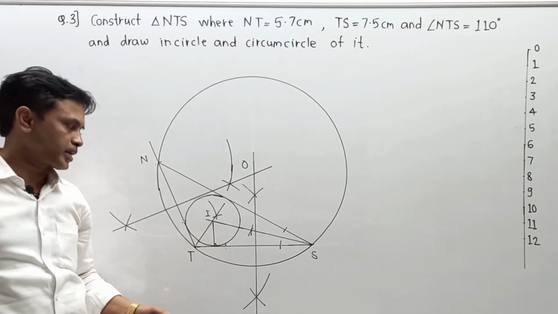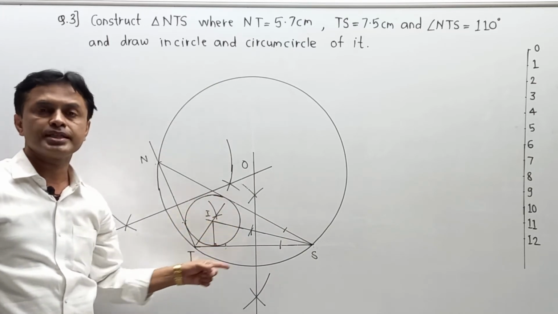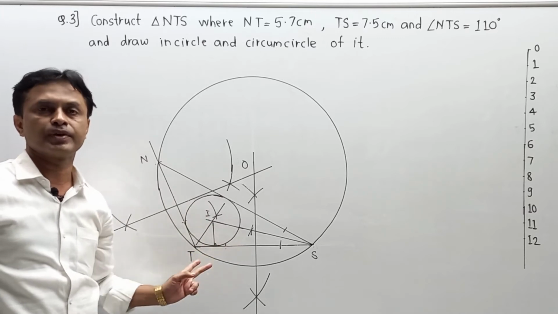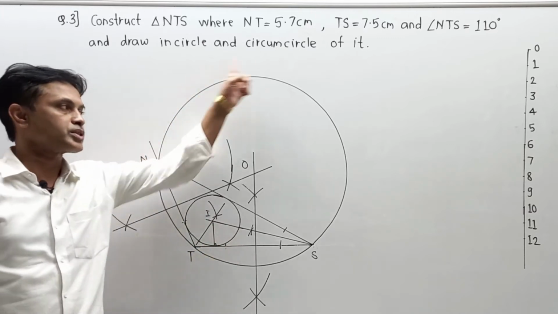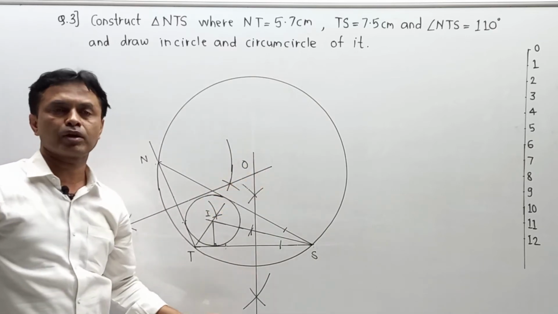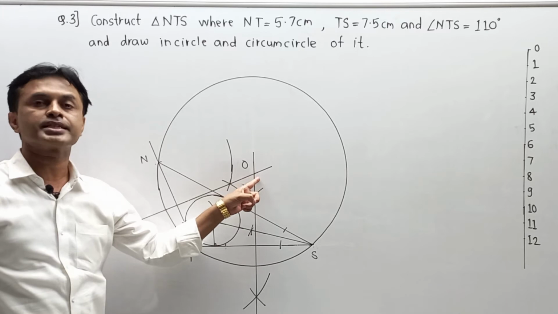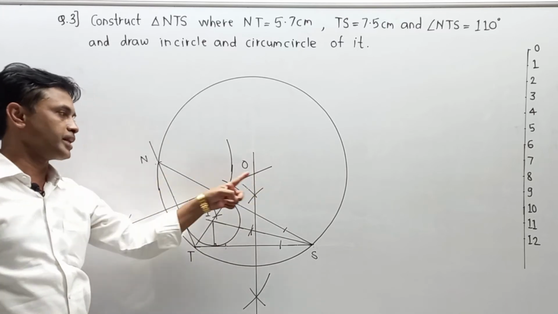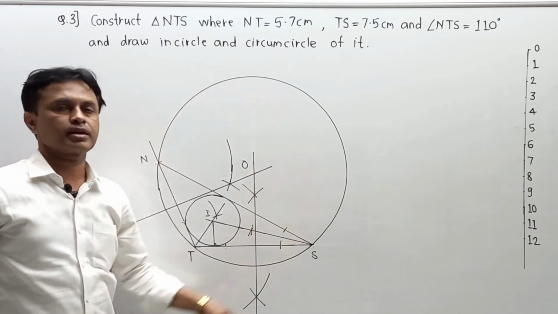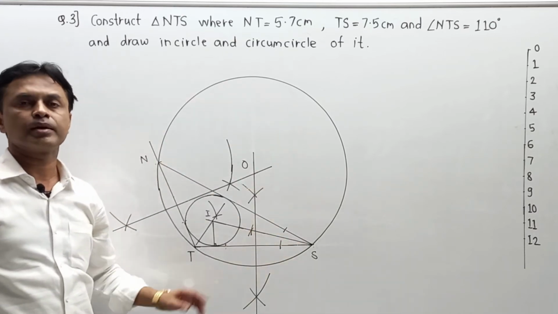Students, again please pay attention. When you want to draw the incircle, you have to draw the angle bisectors of any two angles of the given triangle. And when you want to draw the circumcircle, you have to take any two sides and draw perpendicular bisectors; the common point of contact is the center, and with the help of the distance from that point to any vertex as radius, you can draw the circumcircle. And in this way, you can complete this question.